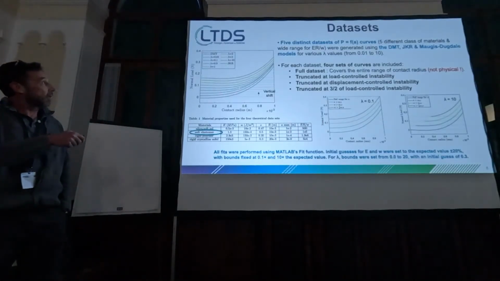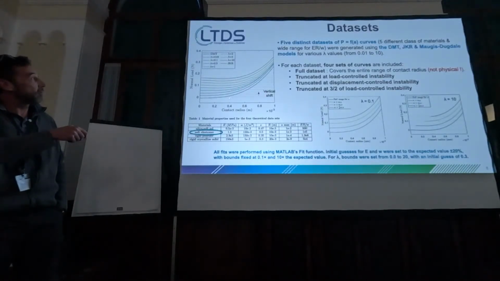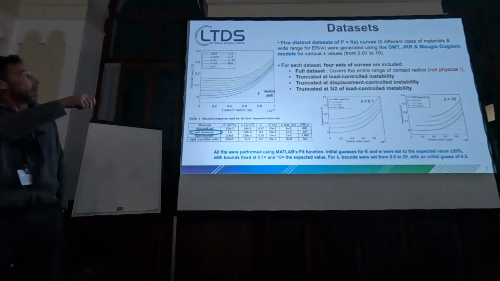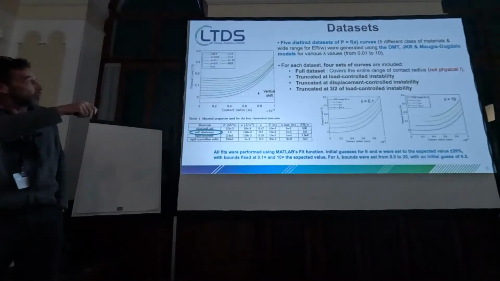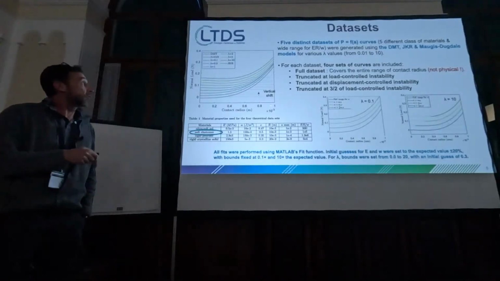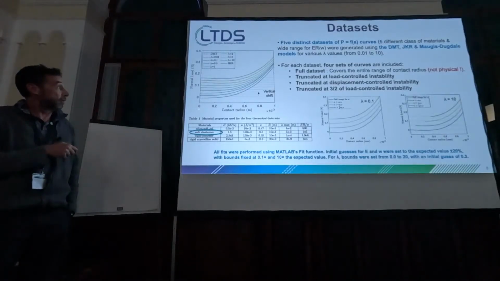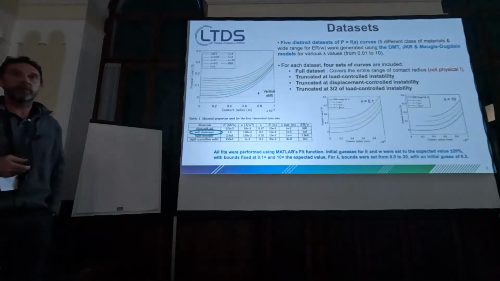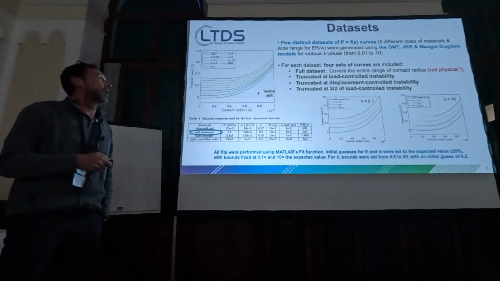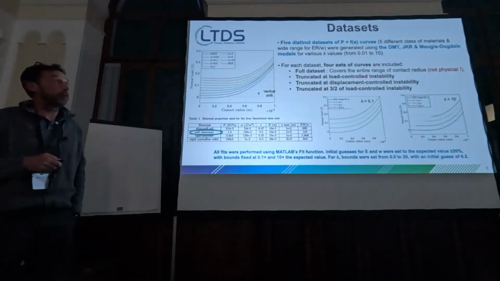So this is the kind of curve we want to fit. Here there is just a vertical shift in order to see the difference going from GKR in red to DMT in blue. And what we did also is to compute those curves down to zero contact radius, which is not physical because, as an experimentalist, you will encounter instability.